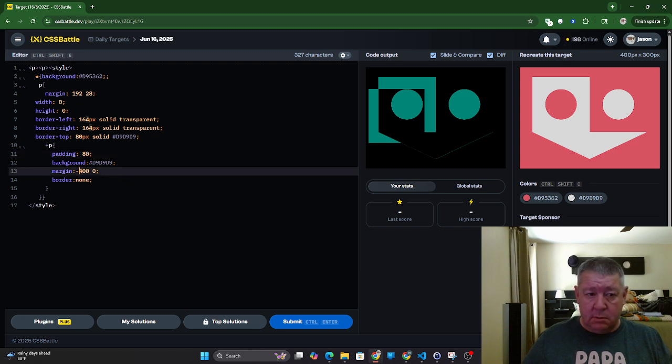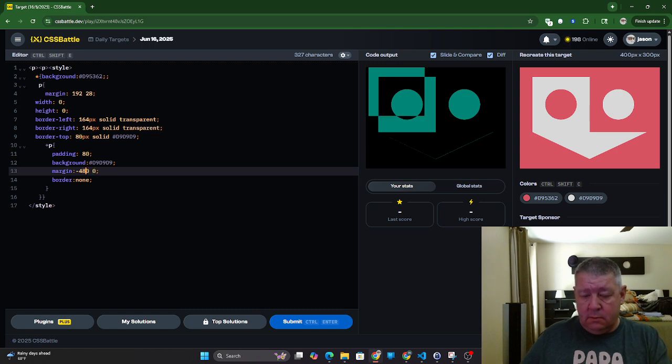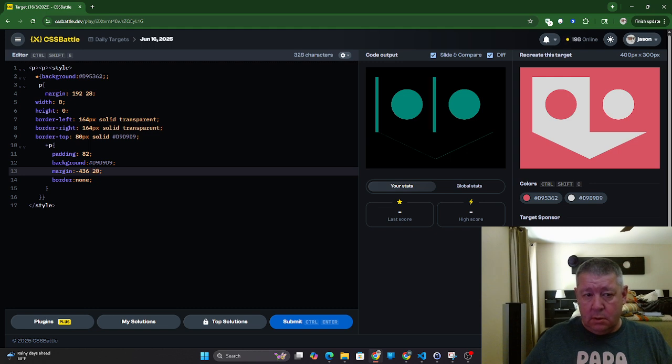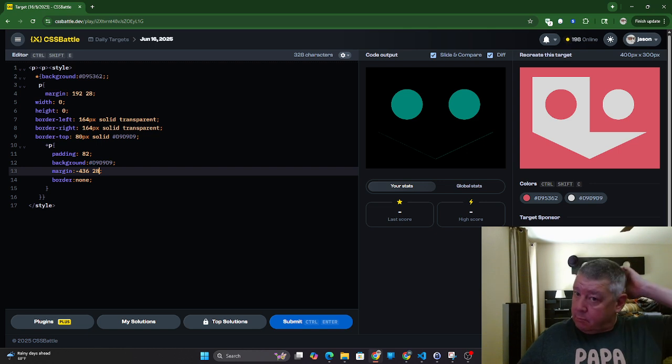It's going to be minus, or 80, or 44. Nope, 34. 36. And then the padding, of course, is going to be 82. Because why not? It's going to be 28 because it lines up with the corner of the triangle. All right. Now